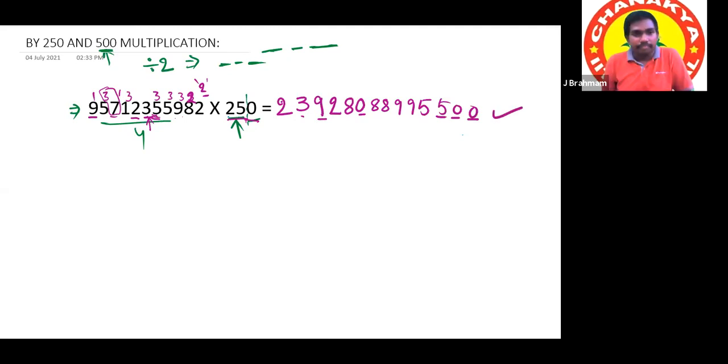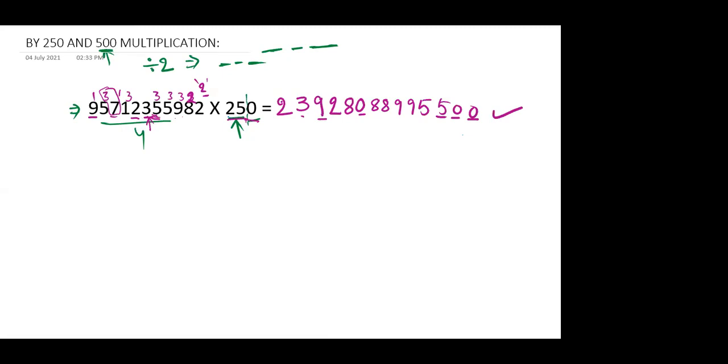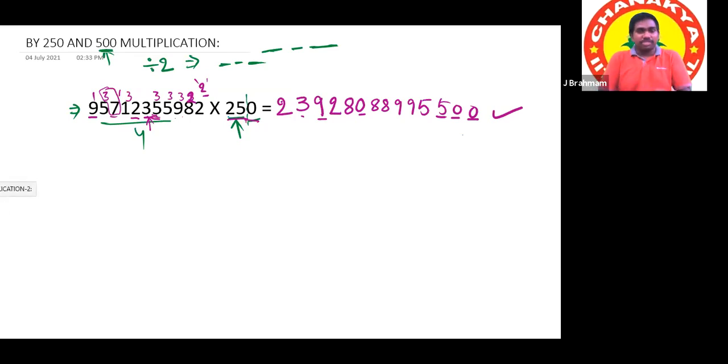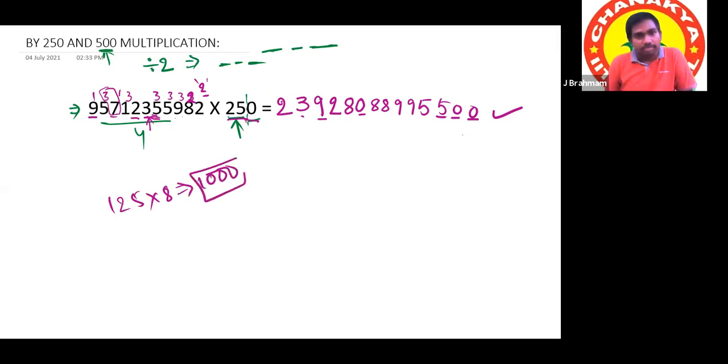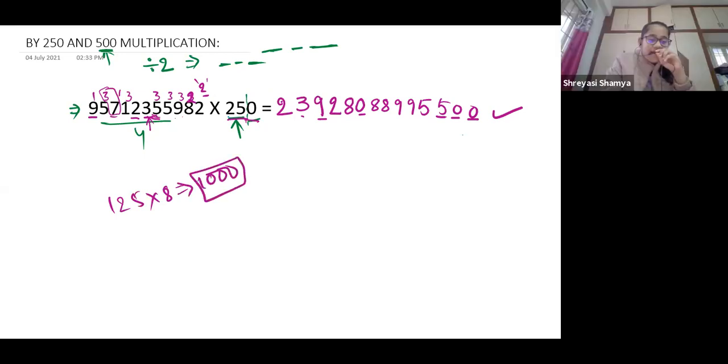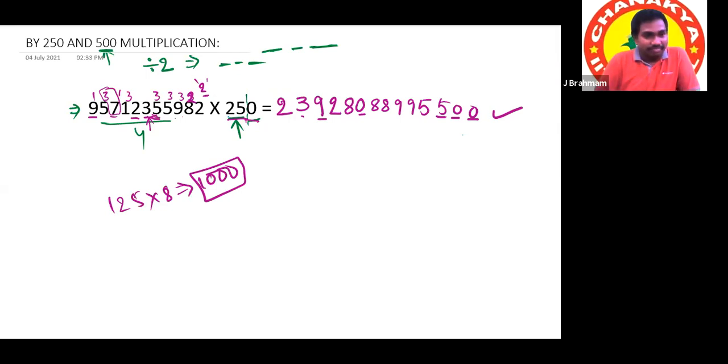Okay. Sir, I don't know why my mind was only going to the 6 tables, as if I'm dividing it with 6. No, there will be no 6, because 125, when you multiply with 8 only, it will become 1000. Today in school, sir, I did a lot of division with 6 and 7. Okay, now it is clear.